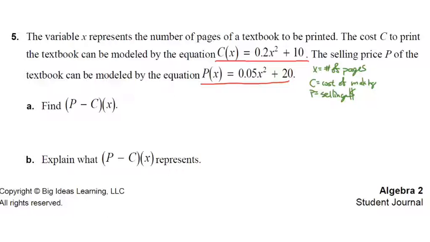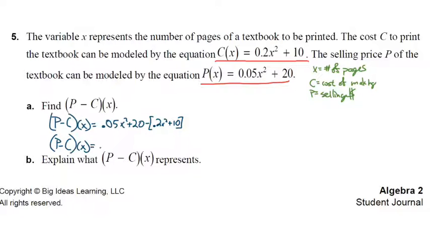Okay. So first things first, they tell us to find p minus c of x. Find the function p minus c of x. So p minus c of x equals your p value, which is 0.05x squared plus 20, minus your c value, minus (0.2x squared plus 10). I put it in brackets like that so I don't forget to distribute my negative. So that's p minus c of x